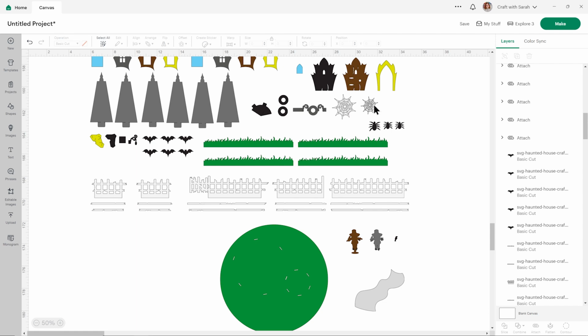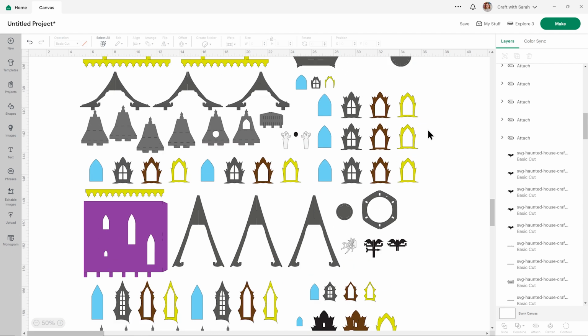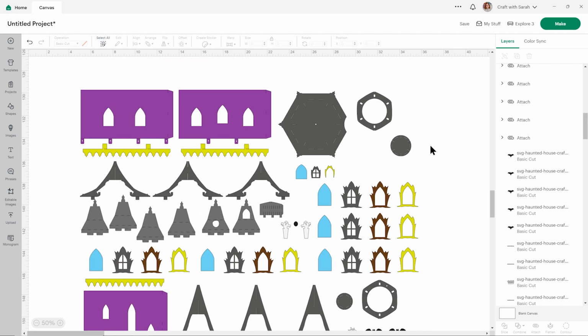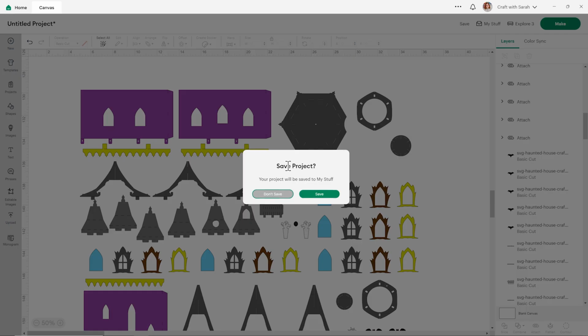And as these are only decorative elements that can go anywhere on the house, you could leave them off if you're having trouble cutting them out. I think that's all I had to say about this. Make sure you don't lose any of the pieces when you're cutting it out. And yeah, let's click make and see what we've got.